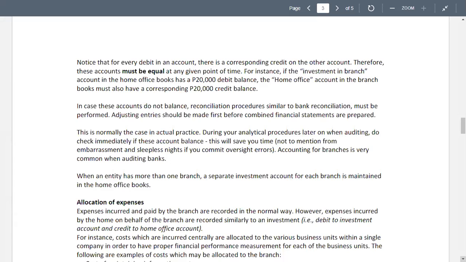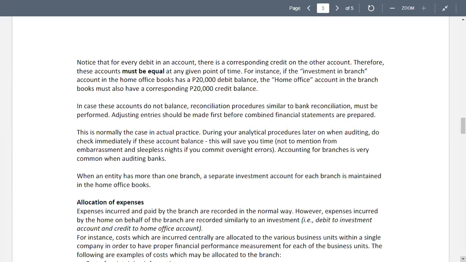Okay, so later on, you will have your auditing subject and you will understand the importance of financial accounting, including advanced accounting. So if you do not know intermediate accounting, of course, it will be difficult for you to audit. That's why auditing comes after financial accounting.